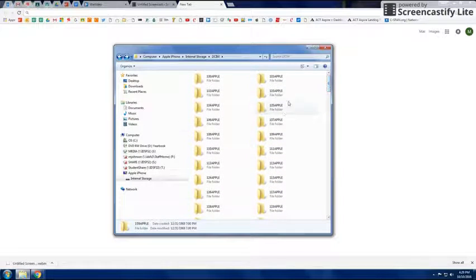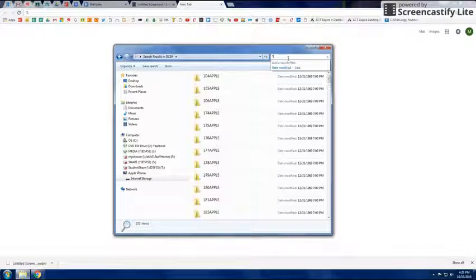So I have a trick for you. If you go up here to the search bar, search DCIM, that's the folder that we're in right now. If you click that and you put in a star, that would be shift number 8, put in a star and hit enter. What this does is, again, a couple of things that are really not exciting, but you'll notice